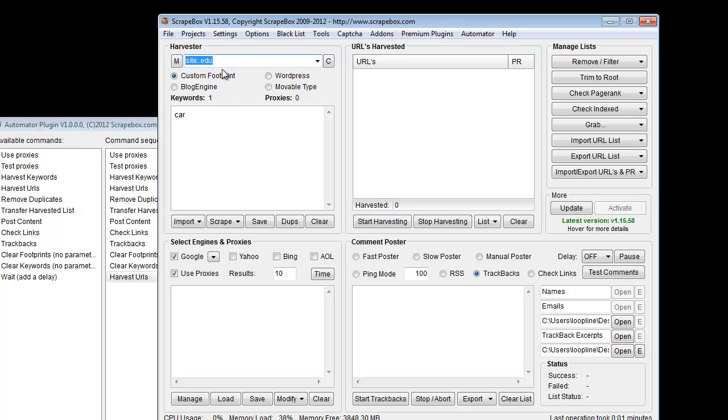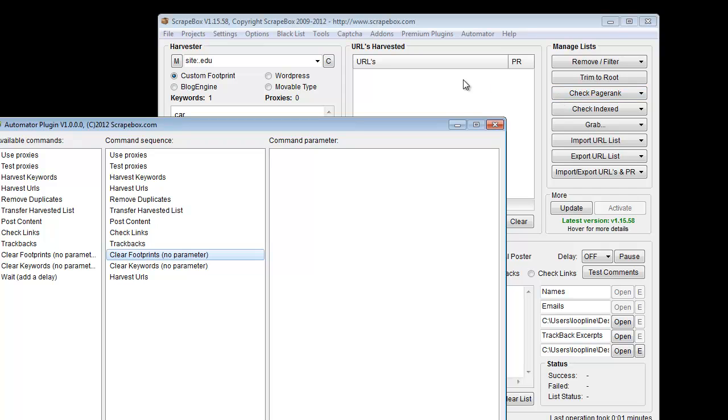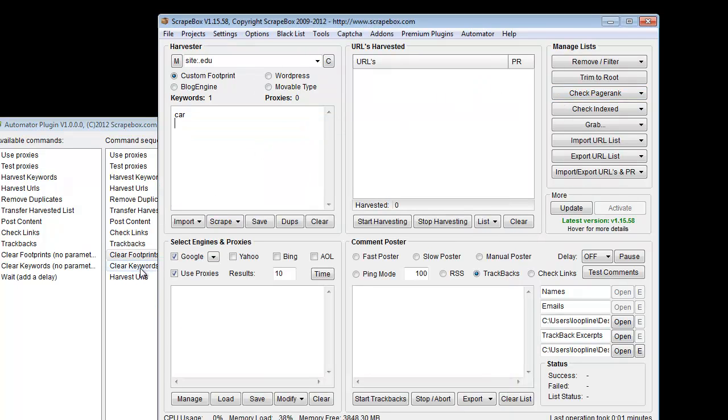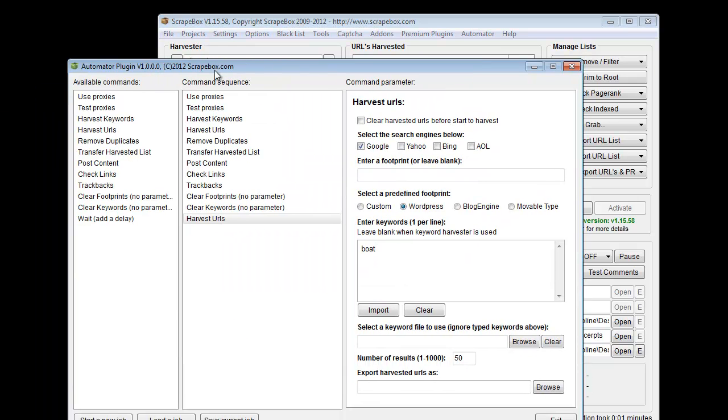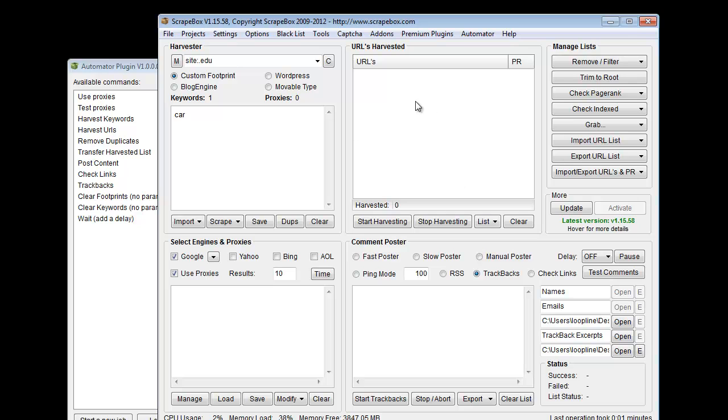So if I wanted this to be cleared out, so I'm not just doing site.edu for car, then I would have to do this clear footprints, and likewise clear keywords so that the word car doesn't get added into other keywords that I might type into my project file, like boat, I don't know. Anyways, you get the point there. It basically gives you flexibility to clear things out, and then of course this obviously clears your harvested URLs,